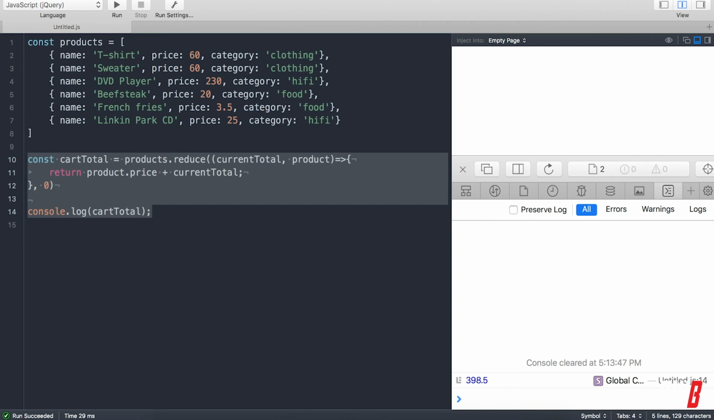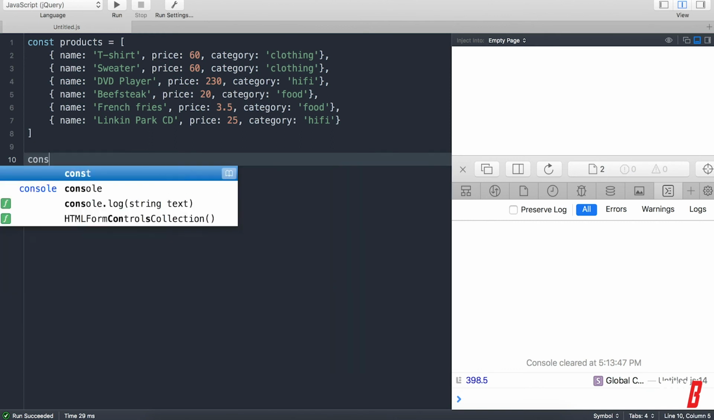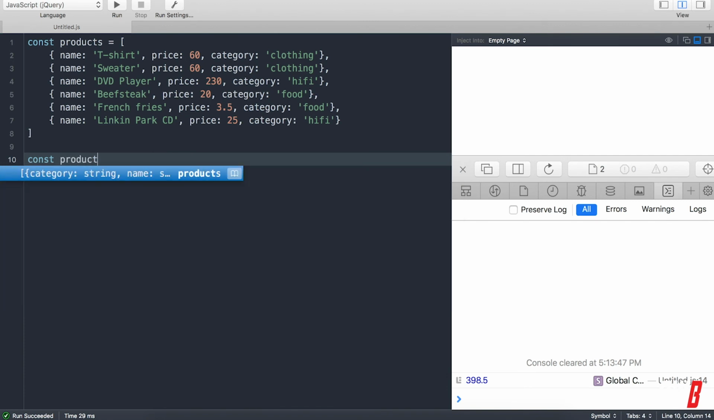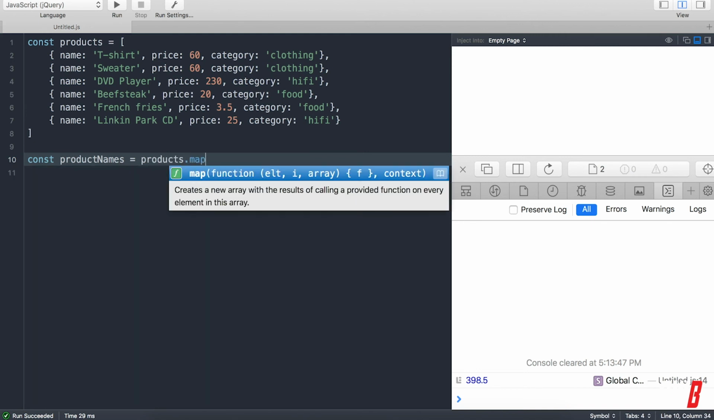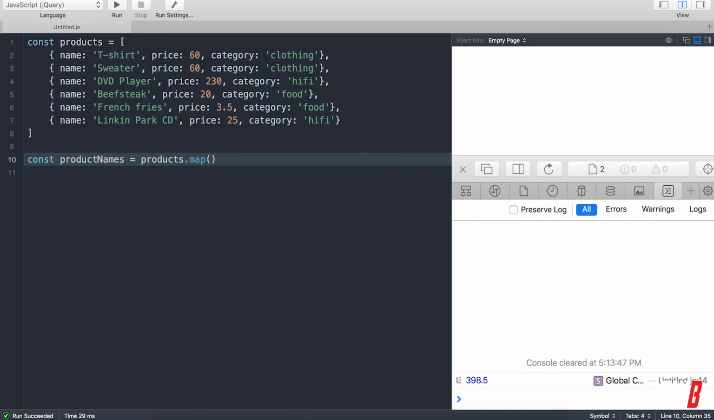Alright, so the next one is the map function. The map function can be used to get one item from our array list. So for example, if you want to create a new array with only the names of the products, we can use the map function. So we're going to create a new const, product names, products.map, and we're going to again use an arrow function in here, product, we're going to return every product